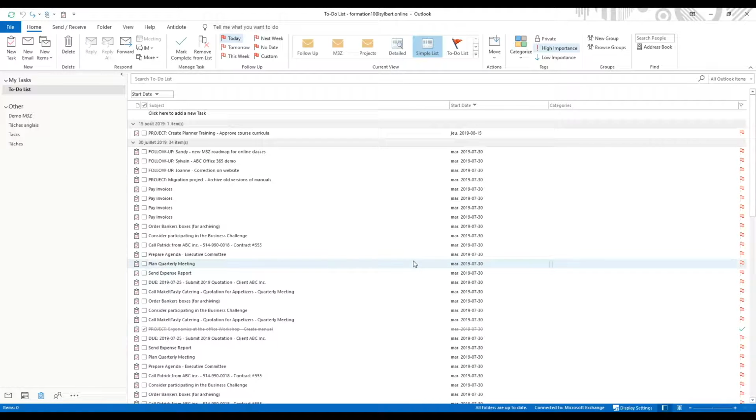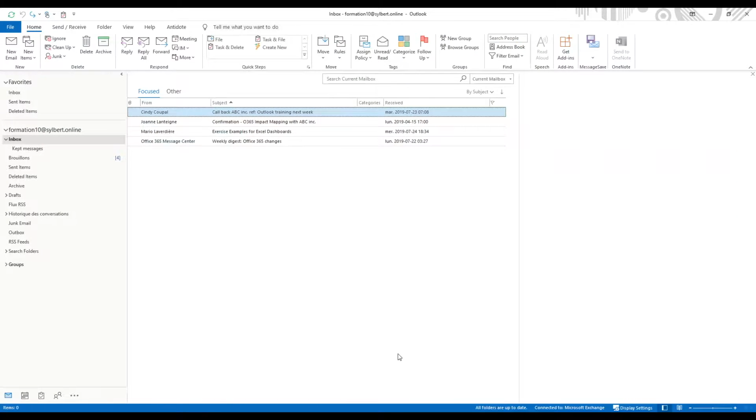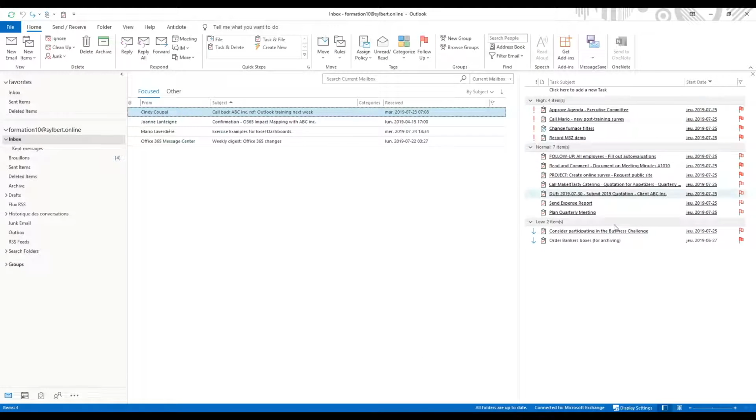This is not very efficient when you're trying to see what your priorities are for the day. This is why it's a lot more efficient to work with M3Z just like this. Like I've said before, you need to do some settings, and this is something we do with the participants in our training session, but in the end, this is the view that you will get.